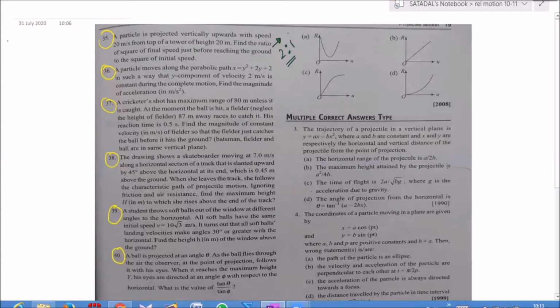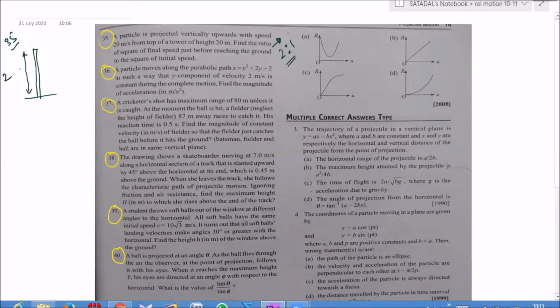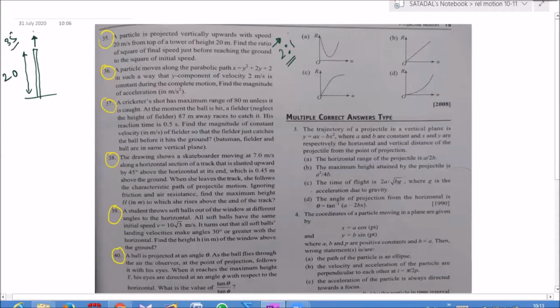So for them who are still struggling with 35, you can do it in this way. This is the tower. This is of 20-meter height they have given. A ball is projected from here with 20 meter per second. So it will move and come like this. So when it is crossing this same height, here its velocity is going to be